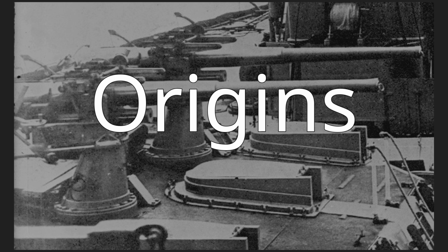Origins. The distinctive all-big gun armament of the dreadnought was developed in the first years of the 20th century as navies sought to increase the range and power of the armament of their battleships. The typical battleship of the 1890s, now known as the pre-dreadnought, had a main armament of 4 heavy guns of 12-inch (305 mm) caliber, a secondary armament of 6 to 18 quick-firing guns of between 4.7 inches (119 mm) and